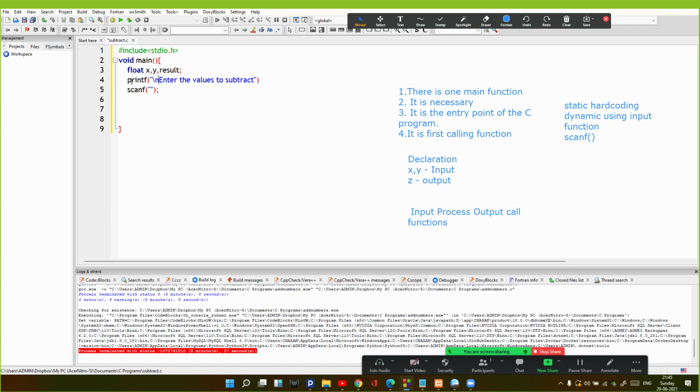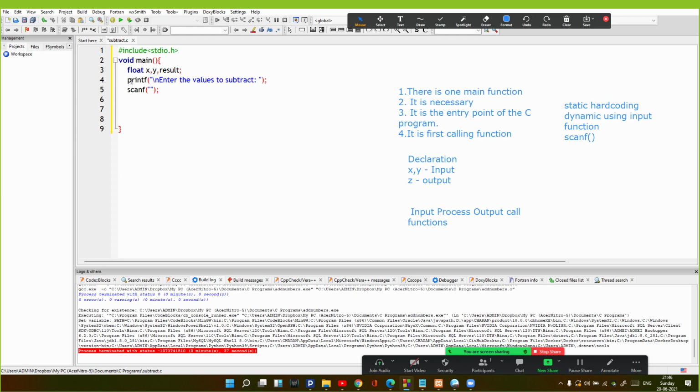And I want to present this line in a new line, so I'll add the new line character, which is \n. So this entire line will be printed in the new line, and I'll put a colon here because otherwise my number will be combined with the word subtract. So I'll put a colon here, give some space, and then enter the values.